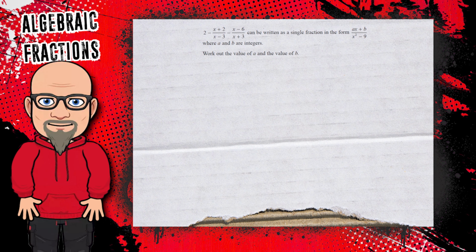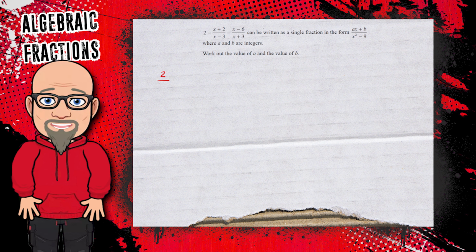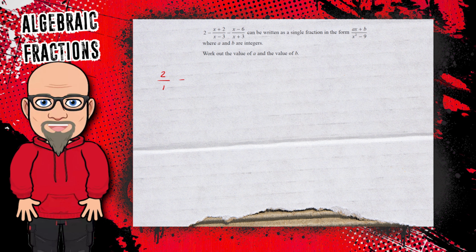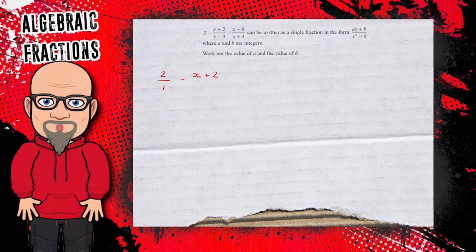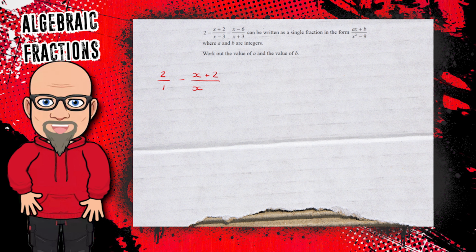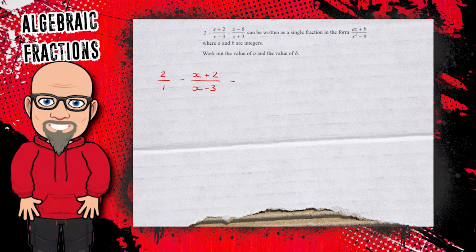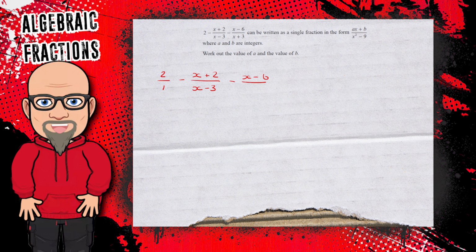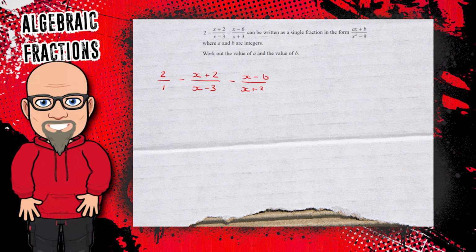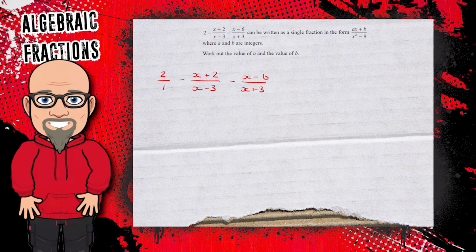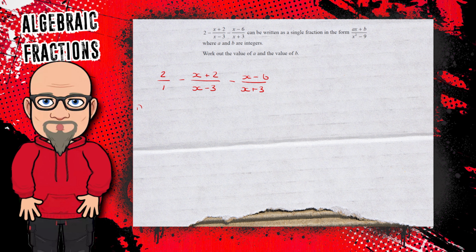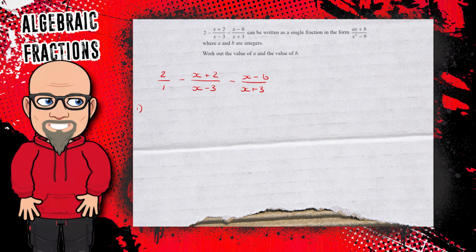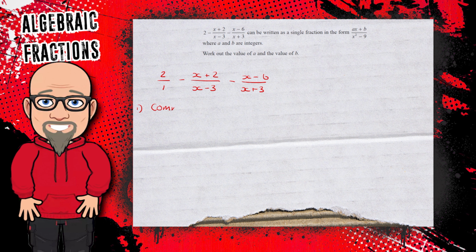In this question, we have a fairly complicated looking algebraic fraction. One of the easiest things to do wrong is to miss out the 2 minus at the beginning. So you'll notice the first thing I'm doing is rewriting it with all 3 parts as fractions, okay? Once we get to this stage, we need to think about the usual process for